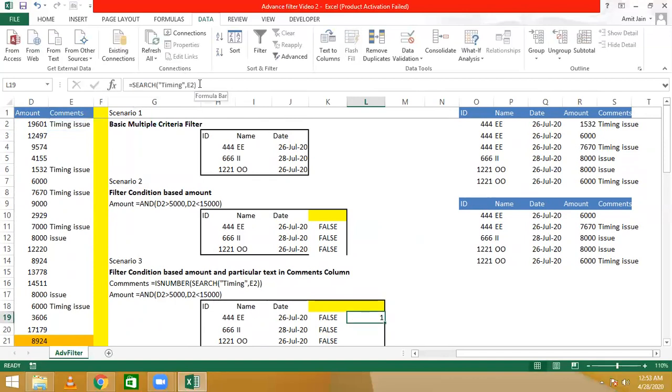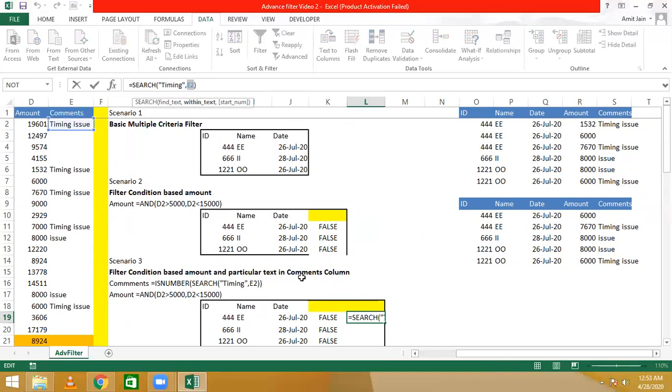So we get the output 1 because we have timing as a text mentioned in this particular cell. So the search and find functions give you the output in numbers, if the find value is found